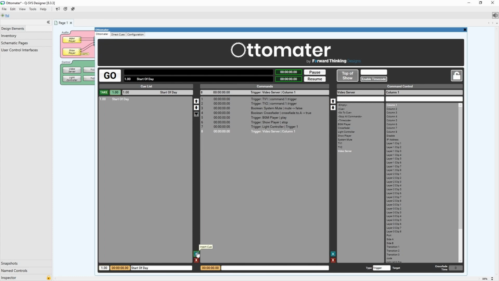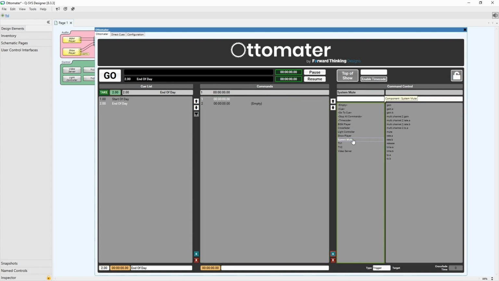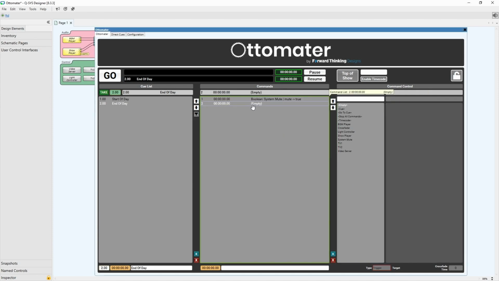Now we can go ahead and add an end of day. And a lot of this stuff we just need to do in reverse. But one of the things we do want to do is fade out our audio gracefully at the end of the day. So I'm going to select System Mute, Mute, and change the Boolean value to on. And then to stop the audio once it's faded out, because I know that this mute function takes about 2 seconds to run,